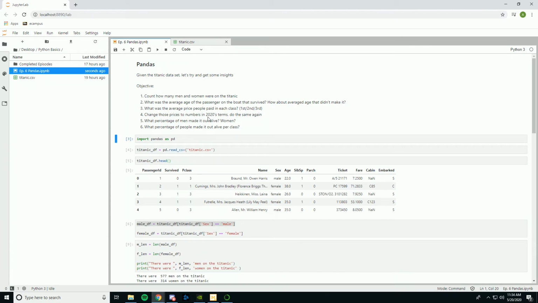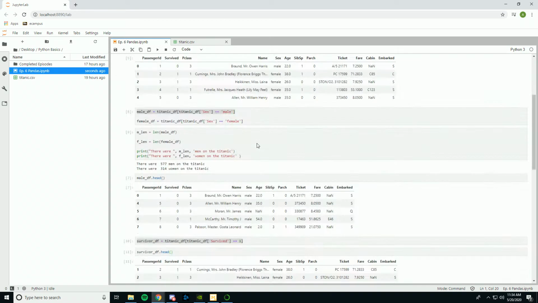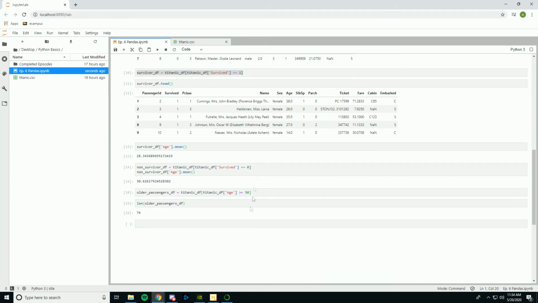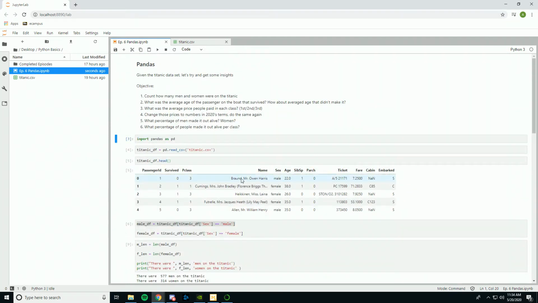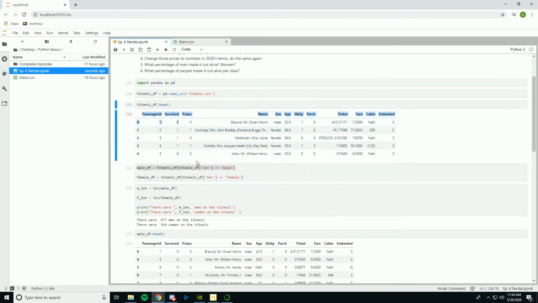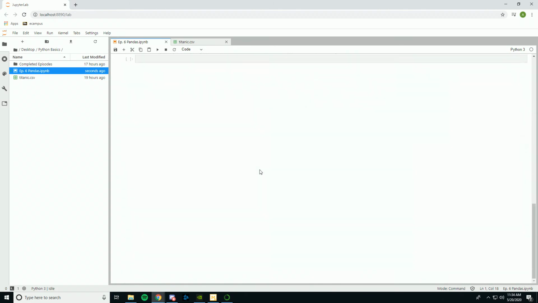So objective 3, what was the average price paid in each class? Again, we're going to use a very similar filtering process, and we are going to filter out by each class, so P class equal to 1, 2, or 3, and then we will be taking the mean of their fare price, so how much they actually paid. This one's interesting. This person paid a half of a penny. I guess that was in the era of when people still did that, so we'll go ahead and filter on